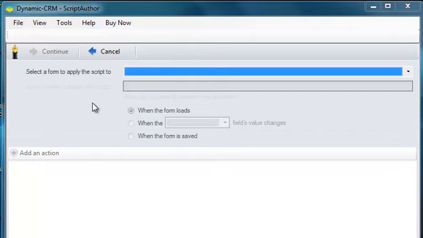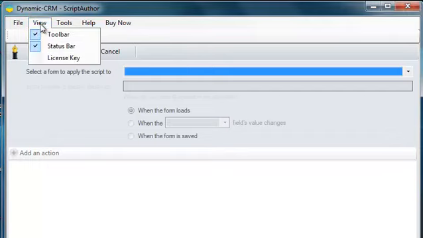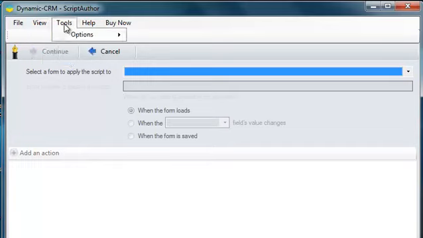So we're logged in, and if you go up here to View, you can actually view your license, the area where you would input your license key once you purchase them so that you can apply your customizations, and I'll show you that later. You can go to Tools, Options, and you can uncheck Auto Publish. The Script Author is automatically set up so that it automatically publishes your scripts to CRM. However, you can uncheck this Auto Publish if you wish to view your scripts before you want to actually publish